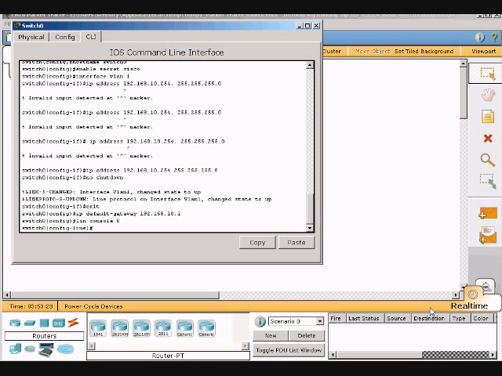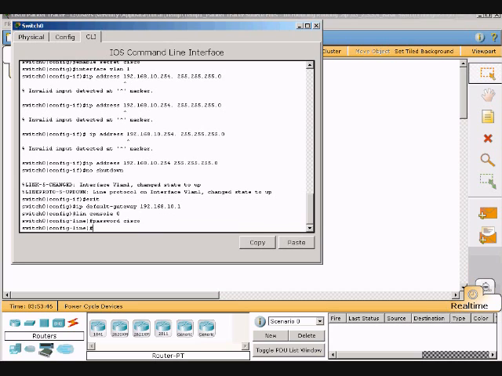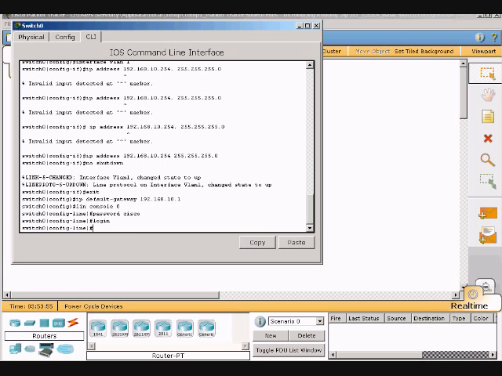And now we will do our password, and it's just password, and we'll make the password Cisco, and we'll type login so it shows up for login. And now that one's finished, so now we'll go to our line VTY,